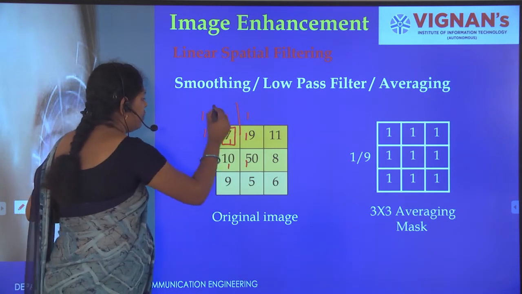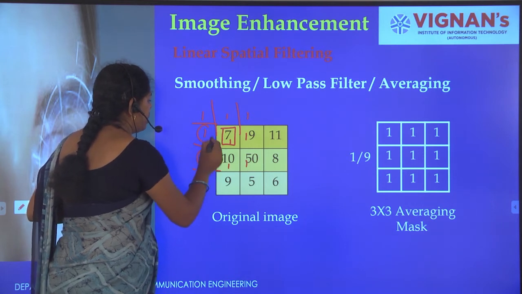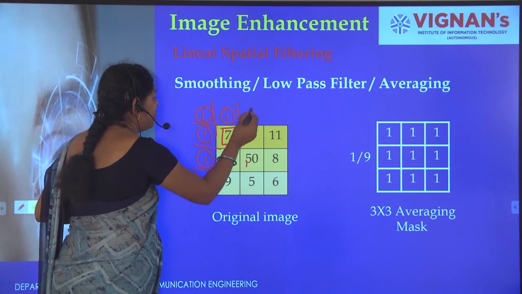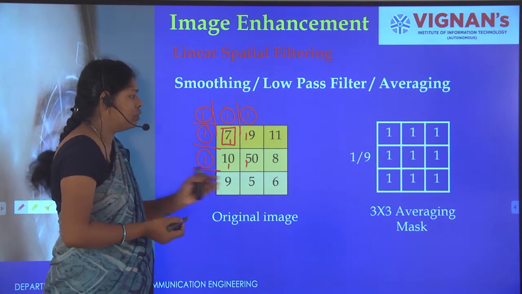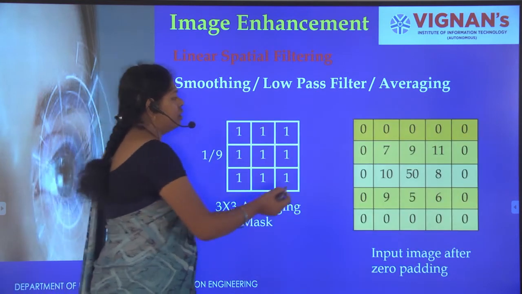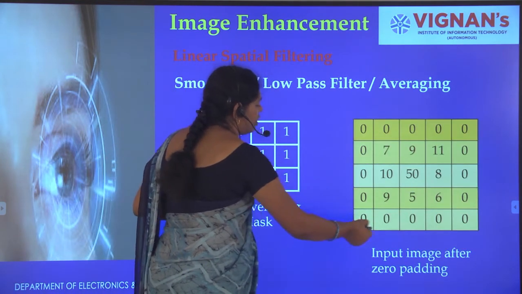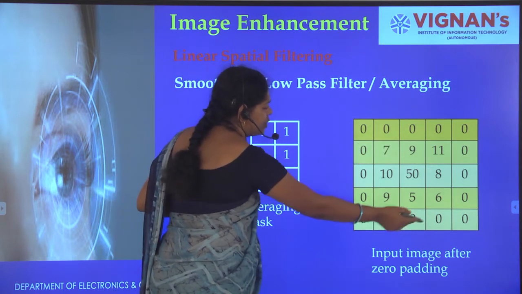We don't have pixels for some of the 1s in the mask to multiply with. For that we have to do 0 padding. We add one more row and one more column around the image: a column of 0s at the start and at the end, and a row of 0s at the top and bottom.